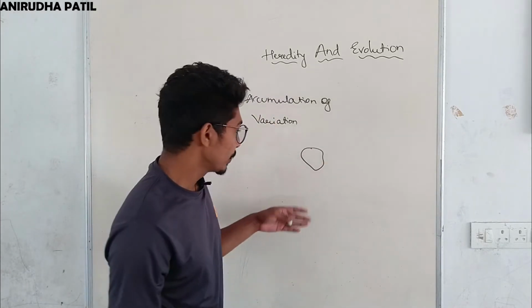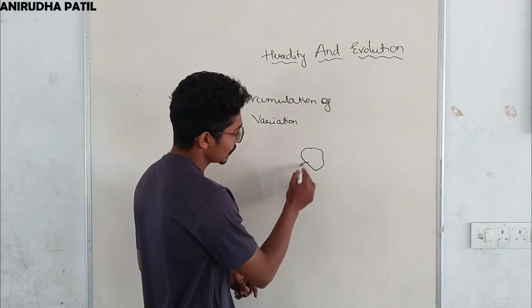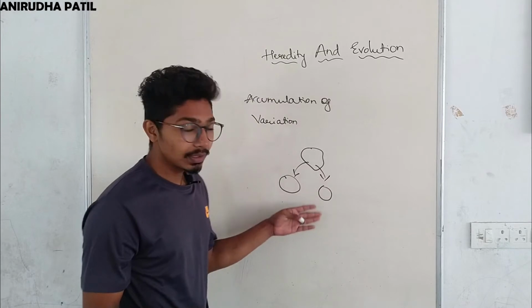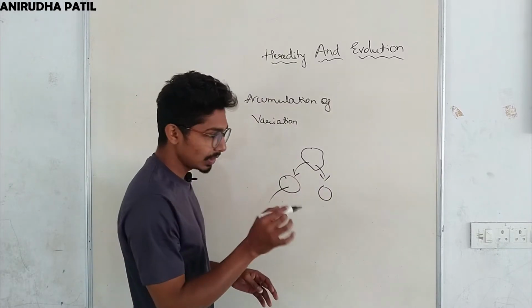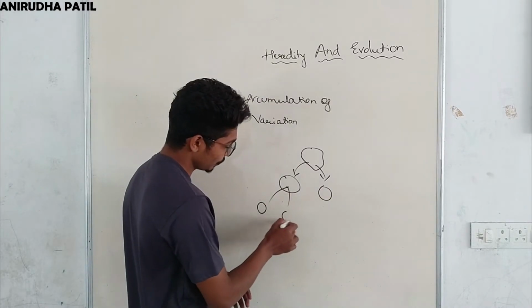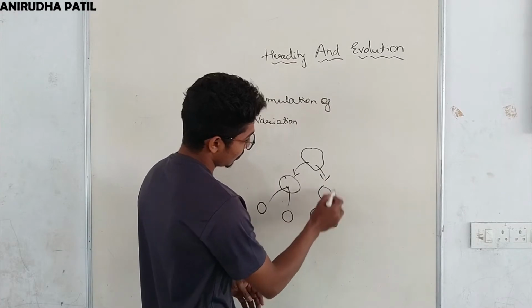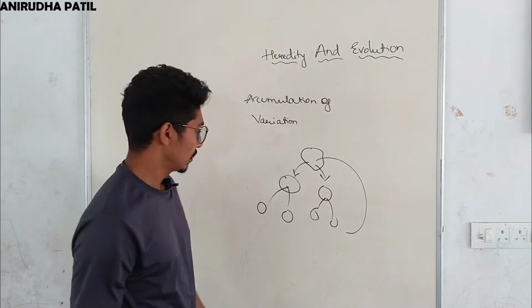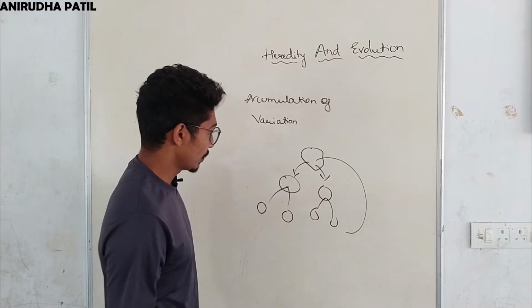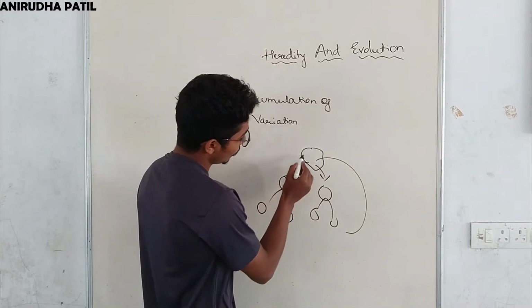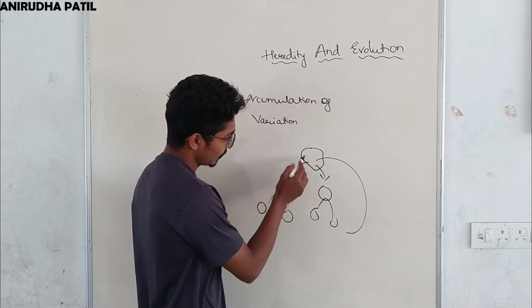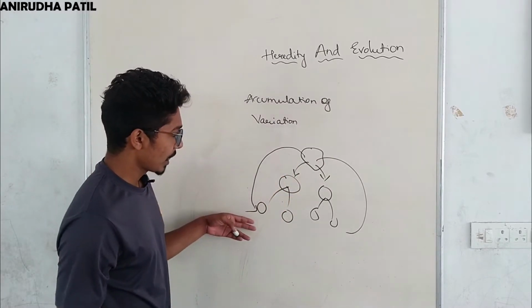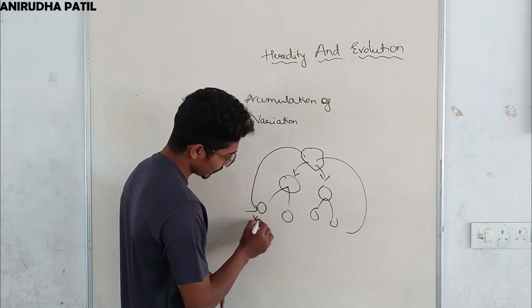Okay, so how do they reproduce? By asexual reproduction. Now this one bacteria divides into two, and these two bacteria divide into two. That is, this one has become 4, and they go on multiplying after each reproduction. Now suppose this bacteria may not be completely identical to this bacteria, and here you can see some variations